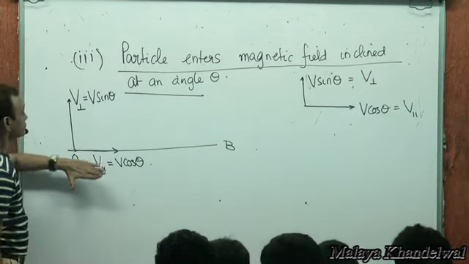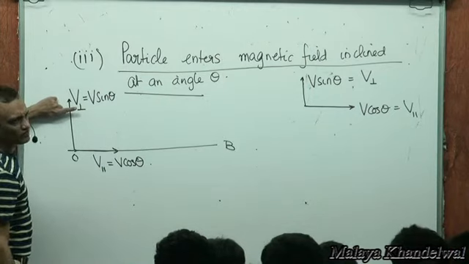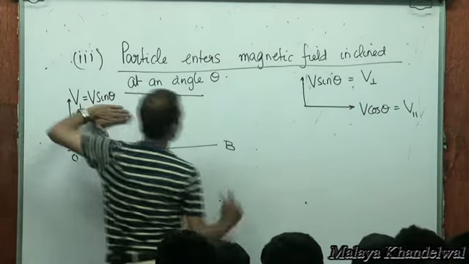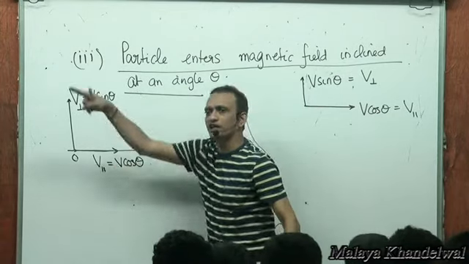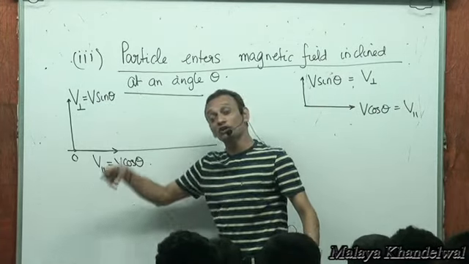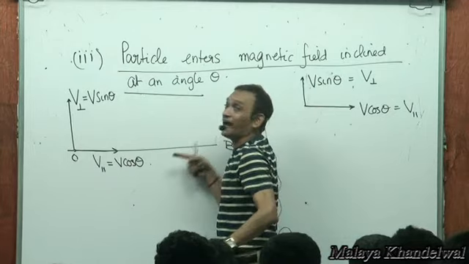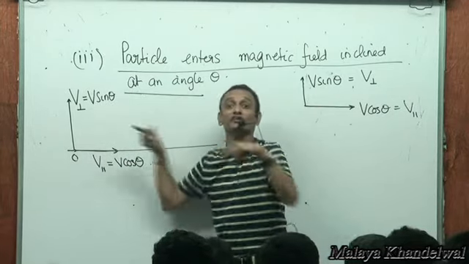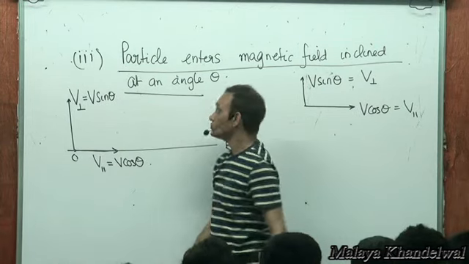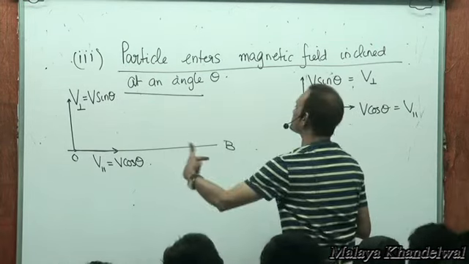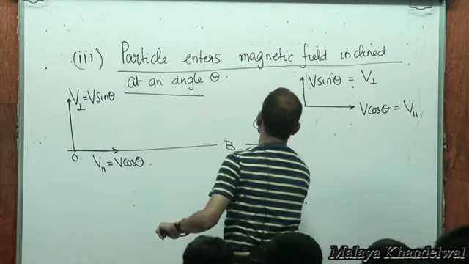Now look at this v perpendicular, v sin theta. V sin theta and B are perpendicular to each other. They combine to produce a circular trajectory. The circular trajectory would be such that the B lines would be intercepted by that circular trajectory perpendicularly, yes or no? Right? So v sin theta all by itself, suppose this was the x direction,